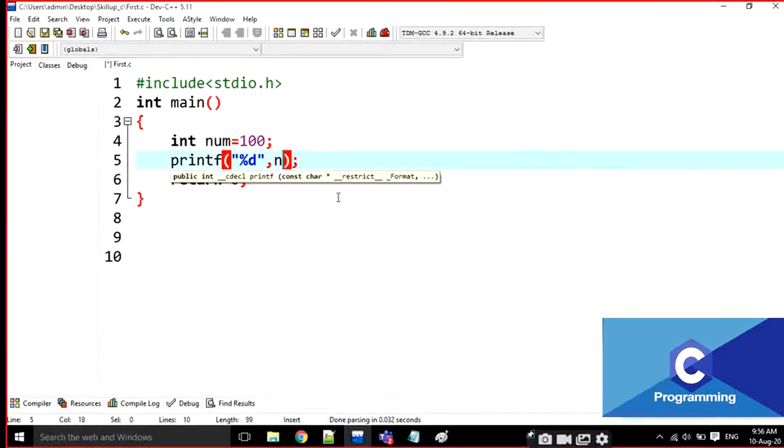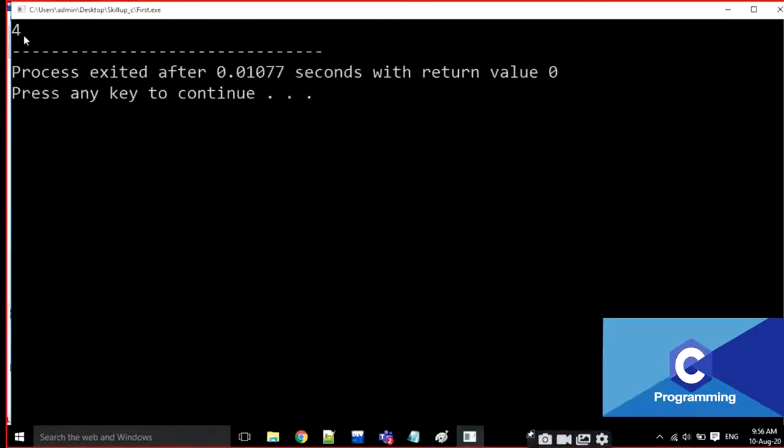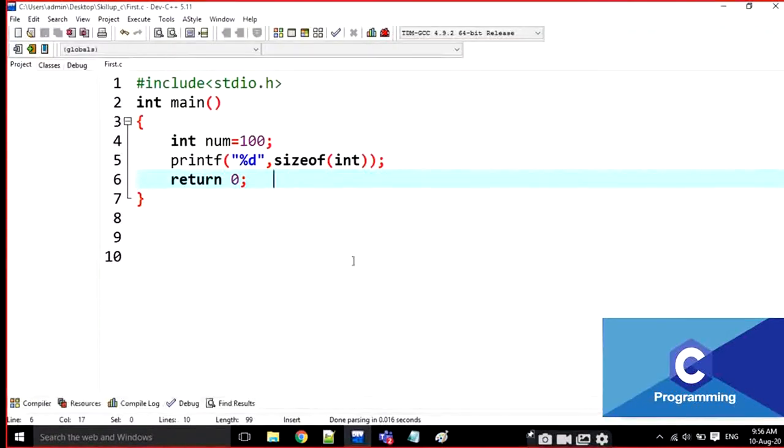I am going to tell you what is the size of integer. Sizeof is one operator. Sizeof is a single word, sizeof, not size space of. Sizeof int, I am going to write here. For example, if I execute it, look at here. How many bytes is it? It is 4 bytes, right? I will show you how it is storing the data using those 4 bytes. I will explain. Why characters are taking only 1 byte, I will also explain.